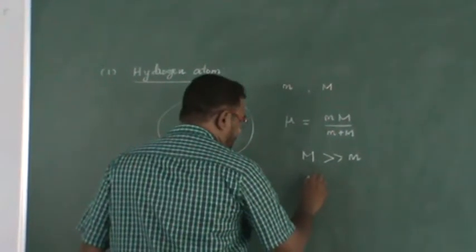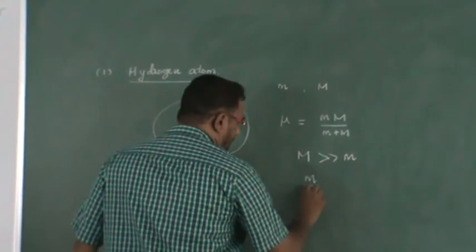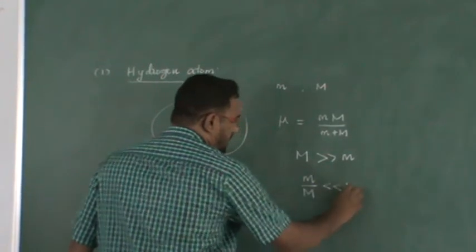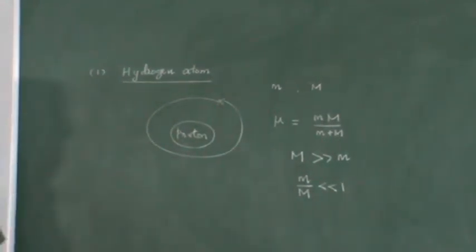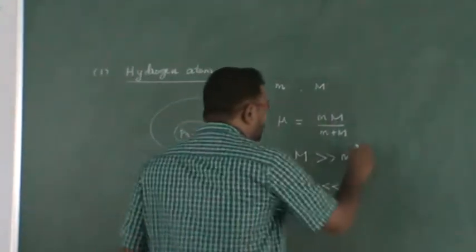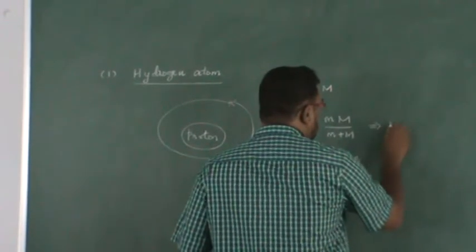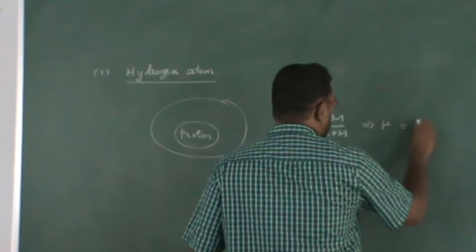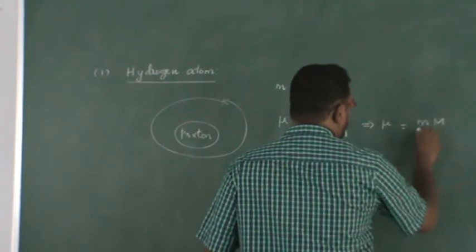In this approximation, m by M is much less than 1. Therefore, this reduced mass is mM over...